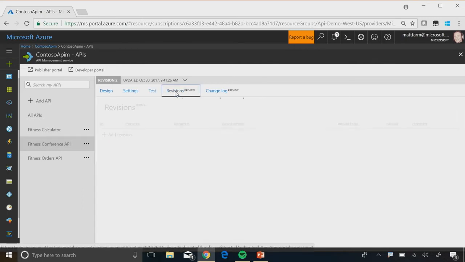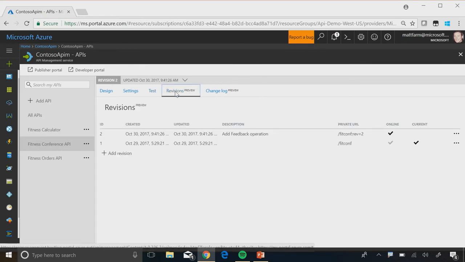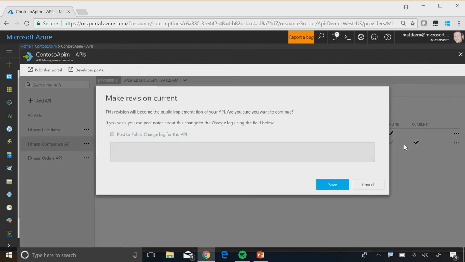Let's assume we've made our changes okay, and we're happy now to put this revision into production. So what we can do is we can take the revision and make it current. And here's where the part about informing your developers and keeping them up to date comes in. I can post a change to the public changelog for this API. That appears on the developer portal, which I'll show you in a minute. So if I say, add new feedback operation and save,